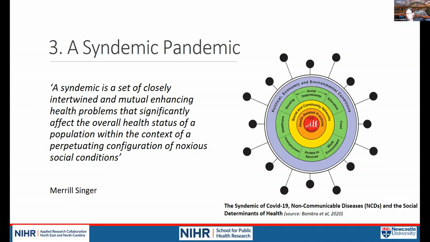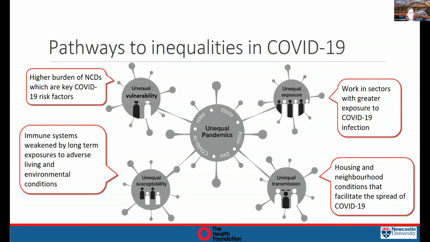And so our argument in drawing on his concept is to say that COVID-19 has inequalities in it. This is not a surprise, but nor is it separate from the inequalities that we can see in other diseases and the social and economic inequalities in terms of the social determinants of health. Building on this concept, we've talked about how the idea of a syndemic pandemic is that people's pre-existing structural social inequalities then lead to inequalities in an emergent infectious disease. And we've built on the framework to talk about 4 different pathways.